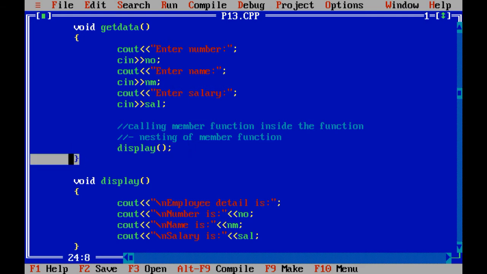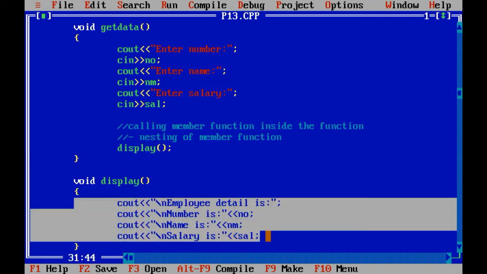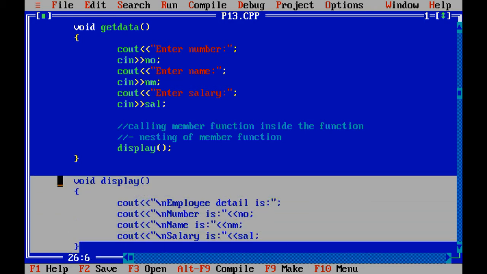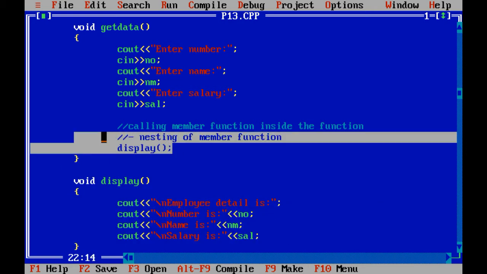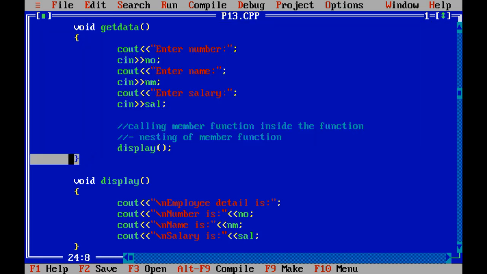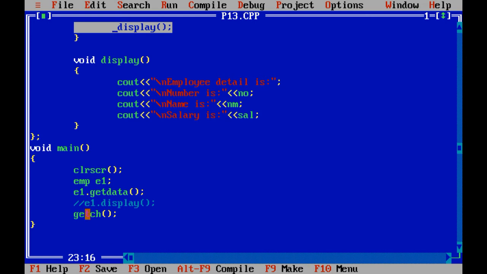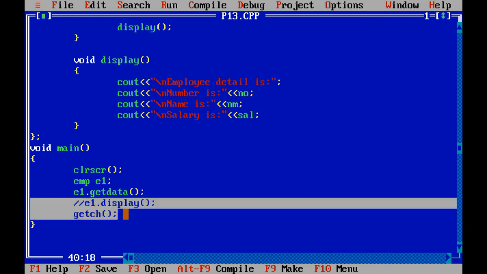Still this bracket is not over, it will call the display function, the opening bracket of display, and it will print these 4 lines on the screen. After that the display function is over, again it will go inside the void get data, and again it ends after displaying data on the screen. After that it will come into the get ch, right?